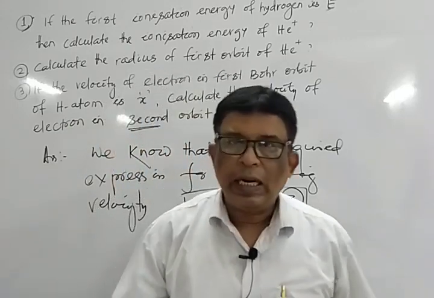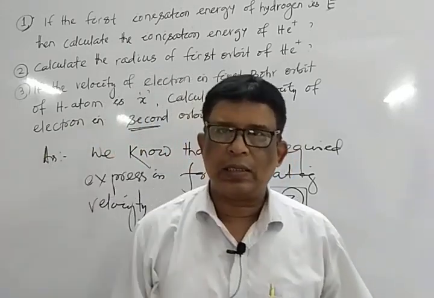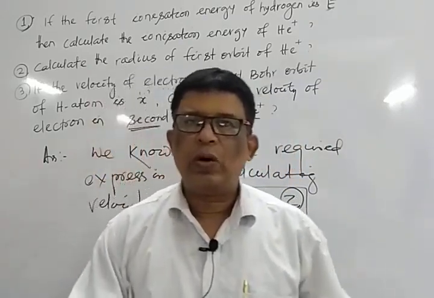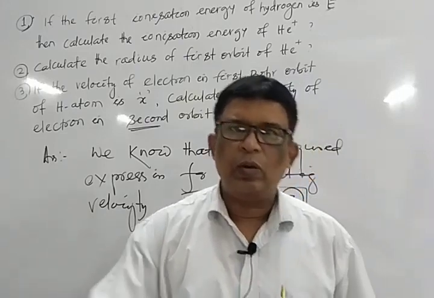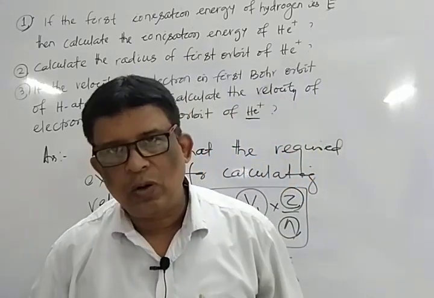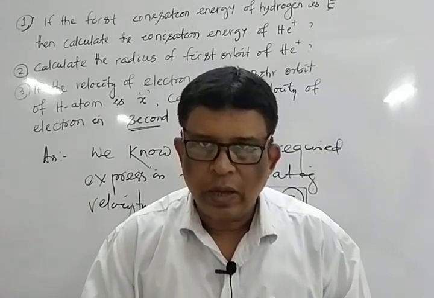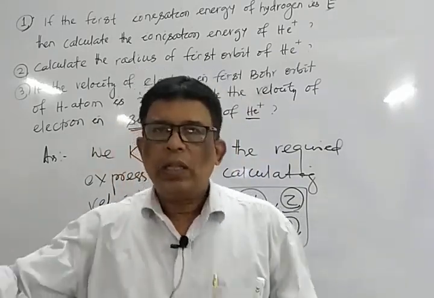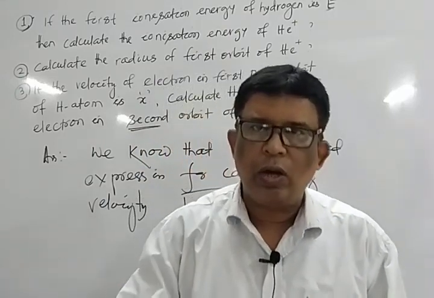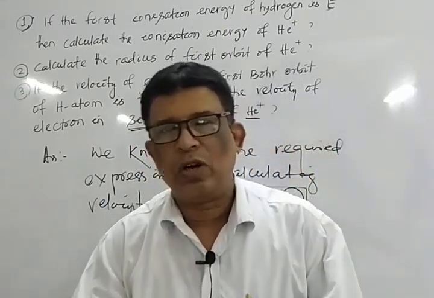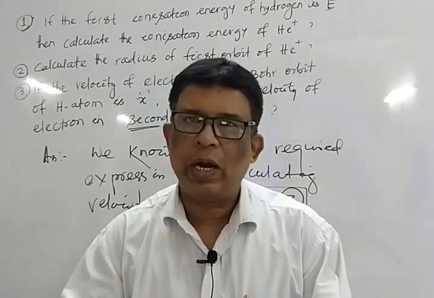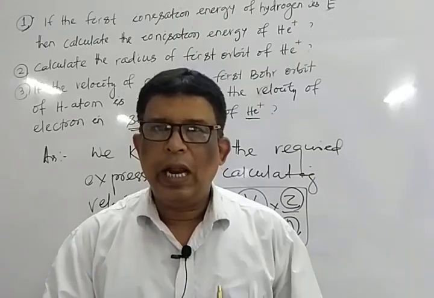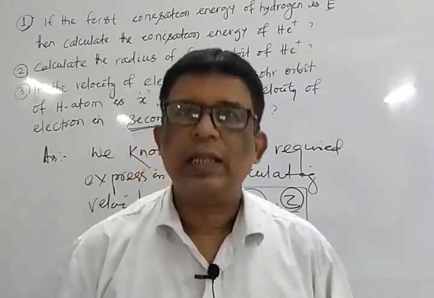Mark that. When an electron is at an infinite distance, then there is no electrostatic force of attraction between the nucleus and the valence electron. No work is done. That's why the energy of an electron is taken as zero. On the other hand, when the electron comes nearer to the nucleus, then it does some work, meaning it spends some energy. That means it loses energy from zero. That's why electronic energy is taken as negative.